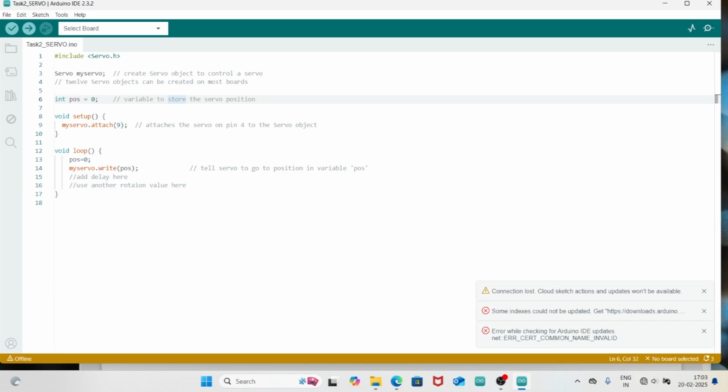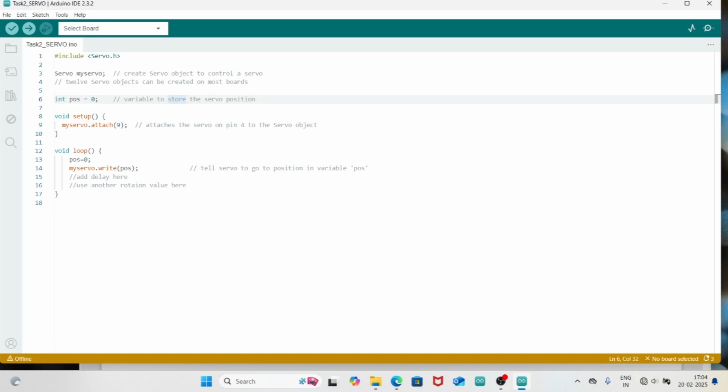In task number 2, you can see that in line number 13, it is also calling the servo.h. So create a servo object to control a servo motor. And it includes the built-in program of servo.h, which was the previous one.